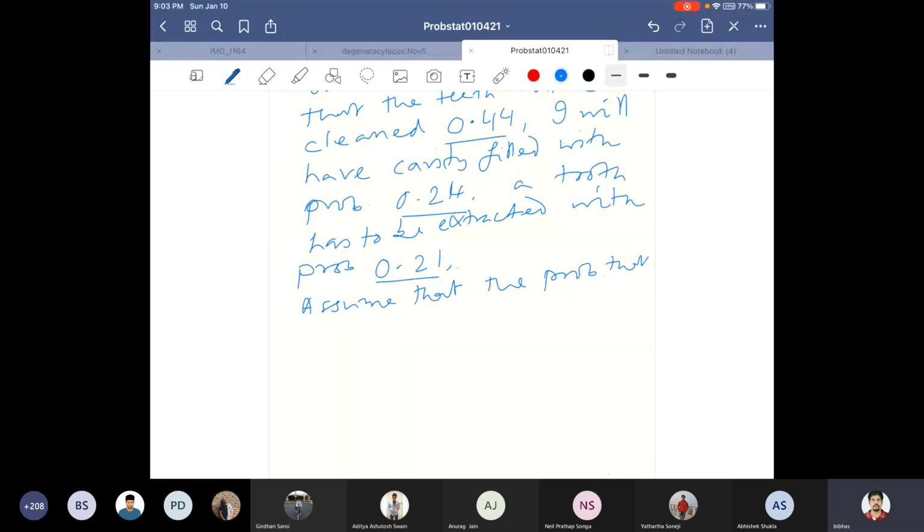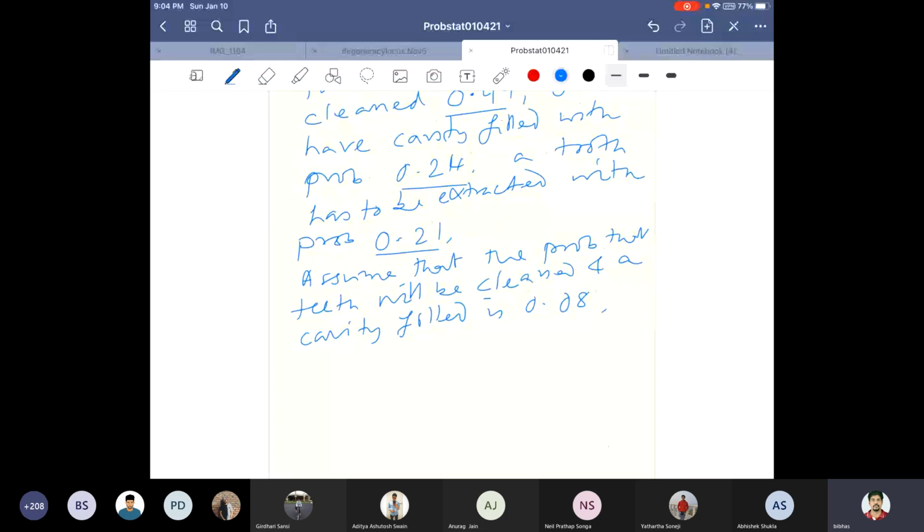Let us also assume that the probability that teeth will be cleaned and cavity filled is, let's say, 0.08. Now let's say this is one case. Another case could be the probability that my teeth will be cleaned and a tooth will be extracted. Okay, that will help to have some probability. So cavity filled is this, and let the probability